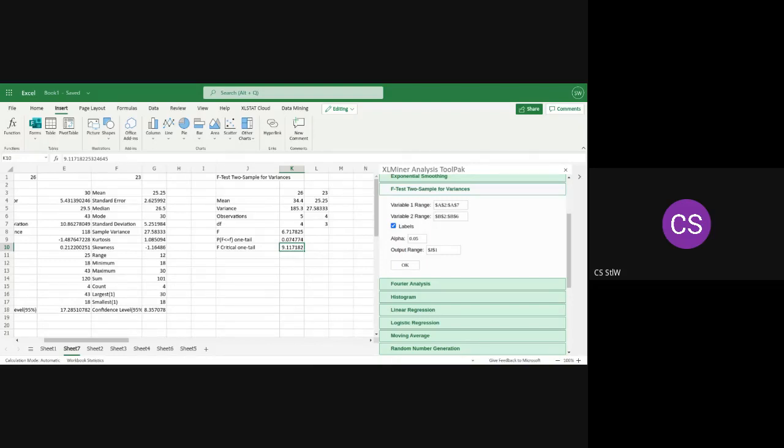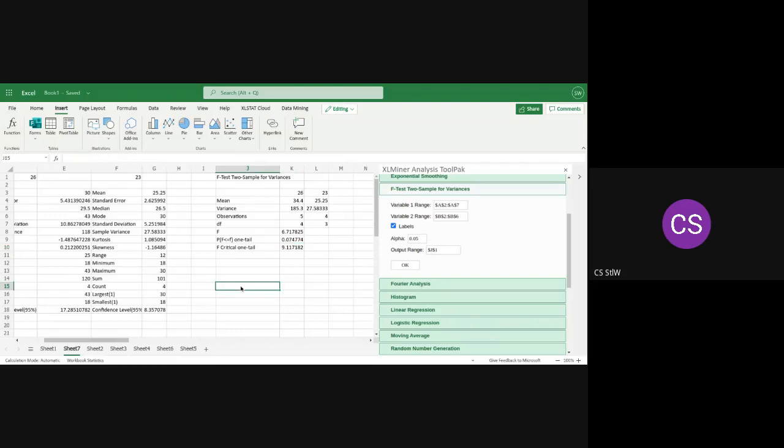So I'm going to move on to ANOVA. And like I mentioned, ANOVA just stands for analysis of variance. So a single factor or one-way ANOVA is used to test the null hypothesis, that means that the means of several populations are equal. So now for analysis of variance, or ANOVA, we say that